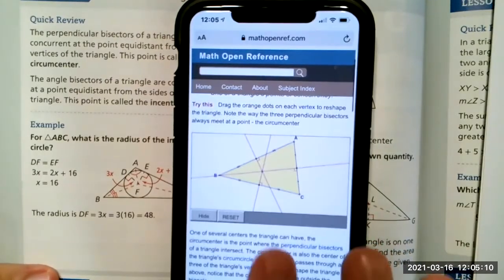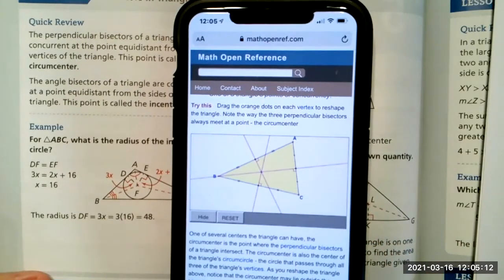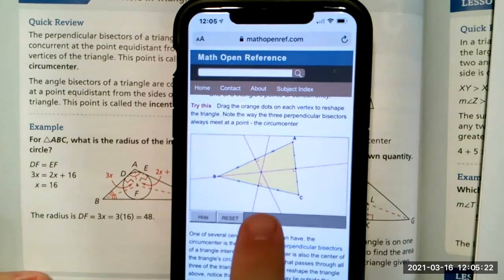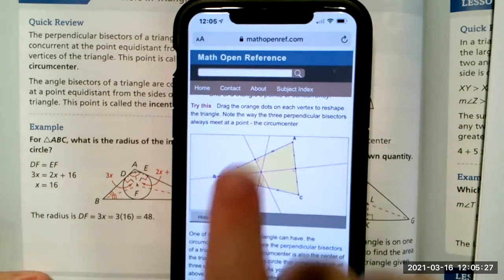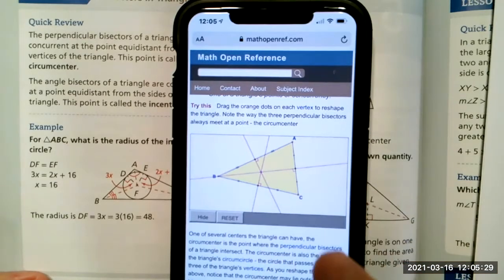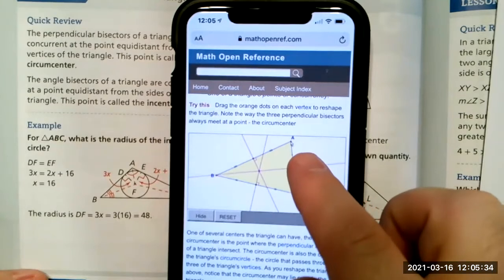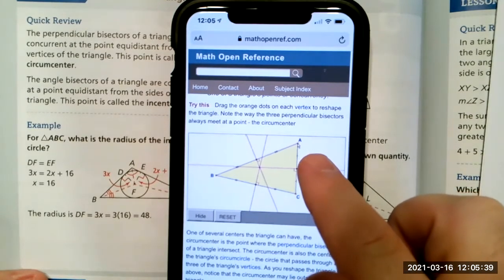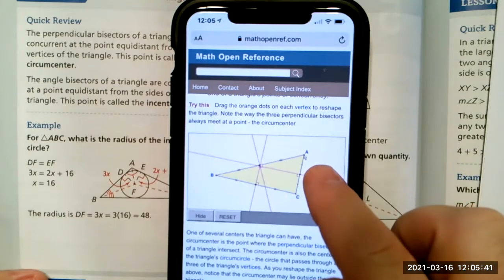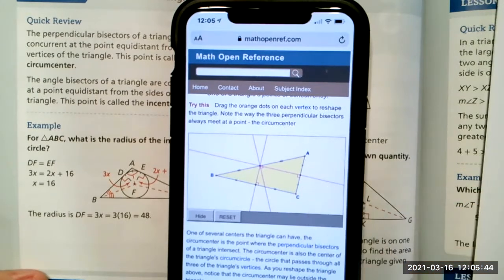This is just a website that I've used over the years, even in college math, called Math Open Reference. I'm sure there's other things out there, but I just Googled it to play around with this because this is a cool feature. And what you can see is here are all of those perpendicular bisectors. You can see all those lines, they look reddish. What they want is that circumcenter to be on one of the sides. So if I click this and start playing around with it, you can see the circumcenter moving in the middle of the triangle. But if I try to place it on a side, which looks like it's about right there,